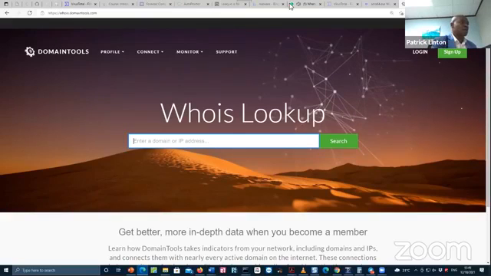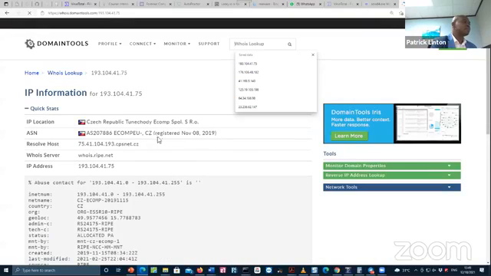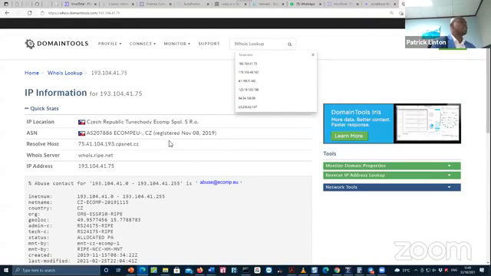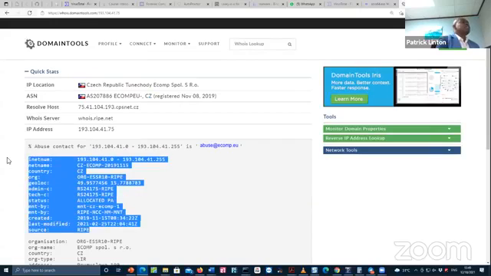So we paste our IP address. And this is telling us that this was recently registered to a Czech Republic CSP. However, this is enough information.